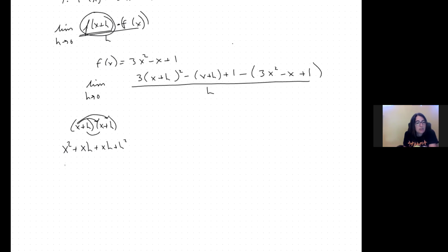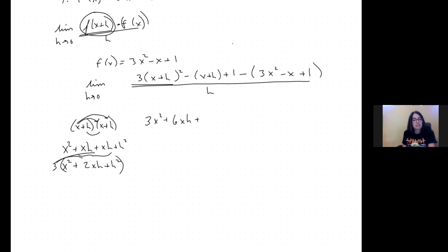This combines into two of them. Okay, so then we had the 3 times all of it. So this portion becomes 3x squared plus 6xh plus